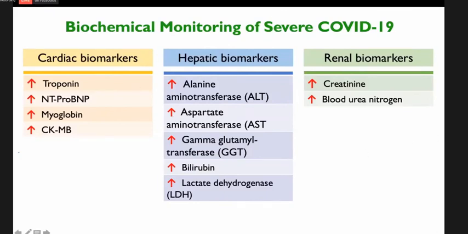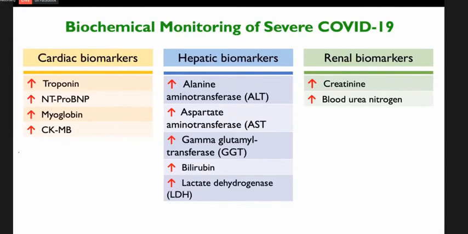A significant number of critically ill patients present with acute myocardial injury, as determined by increased cardiac troponin levels, and are associated with increased mortality. Similarly, other cardiac biomarkers like NT-proBNP, myoglobin, and CK-MB are also found to be elevated. The possible mechanism of such cardiovascular complications is largely unknown, but we believe it may be due to viral myocarditis or